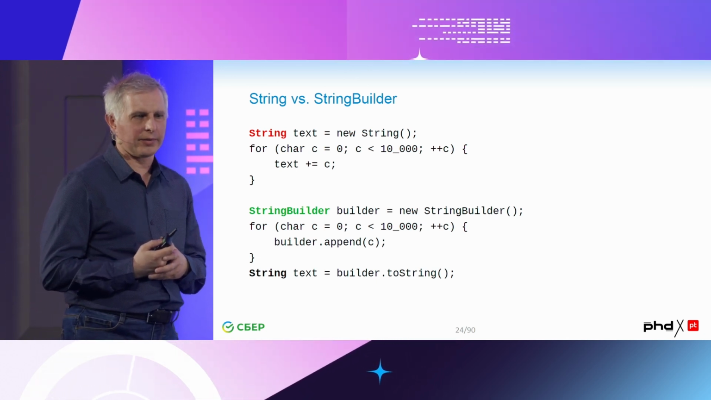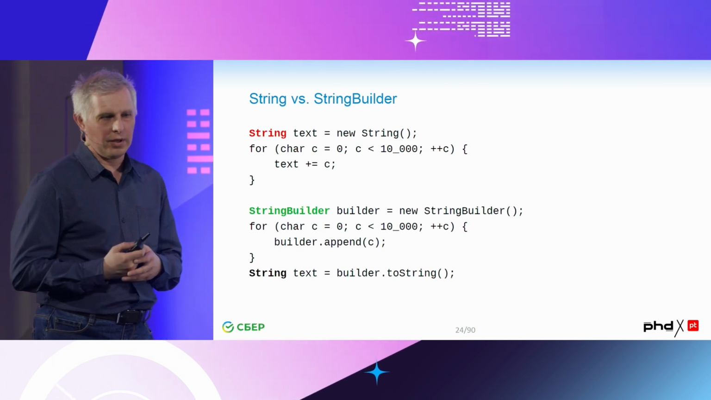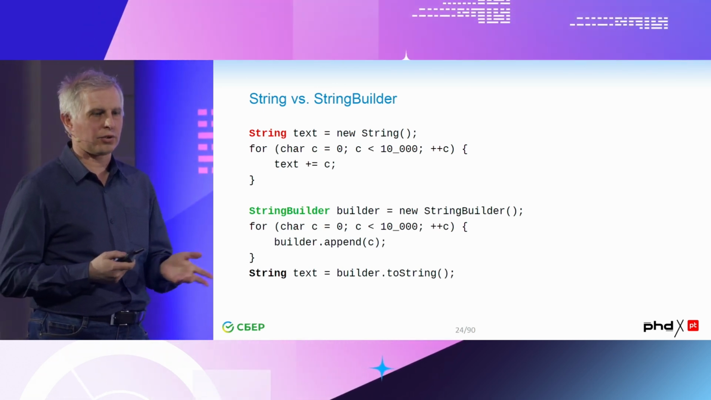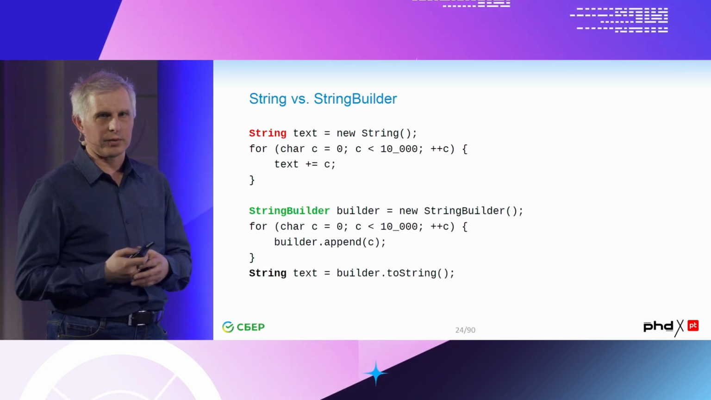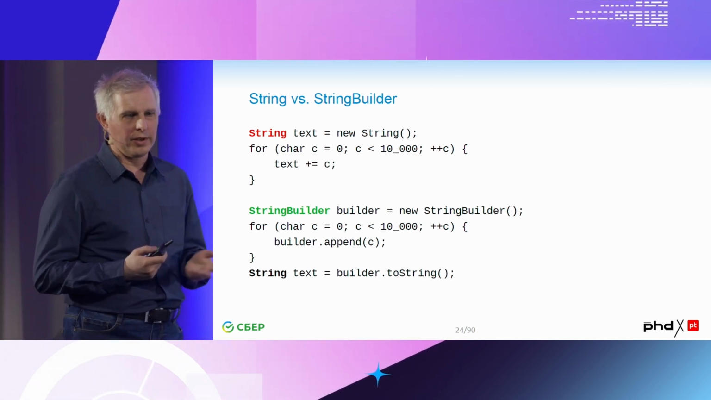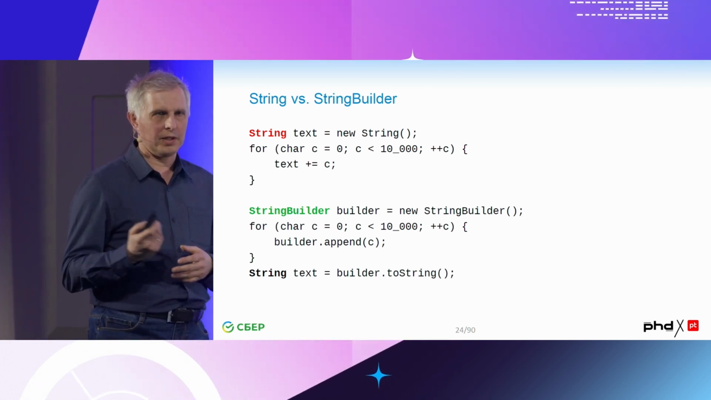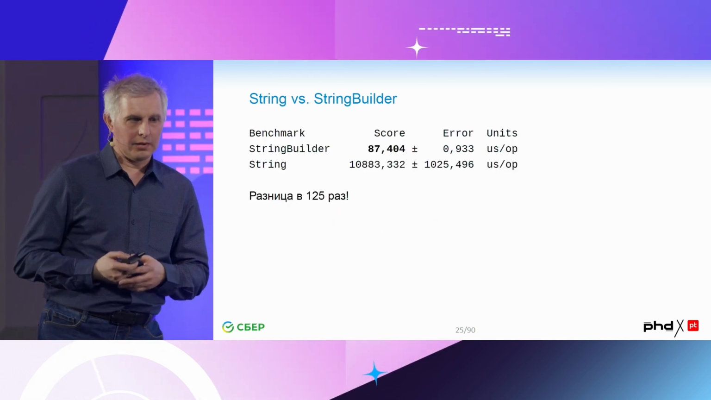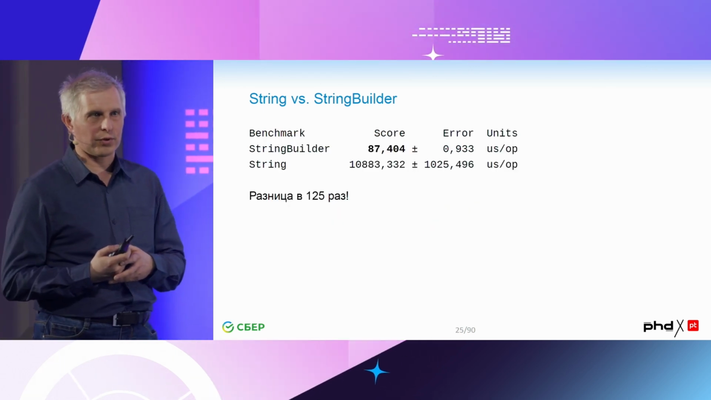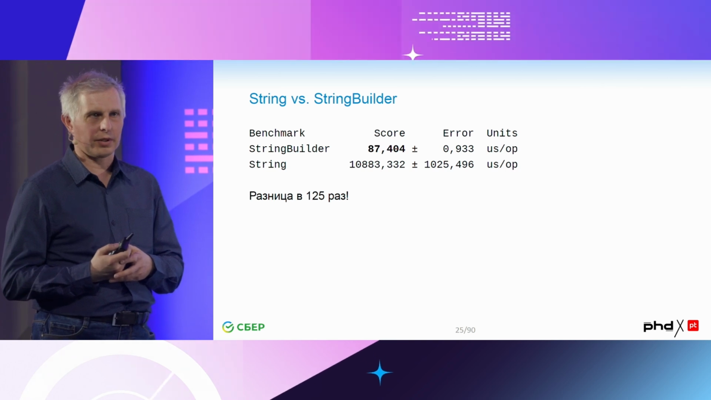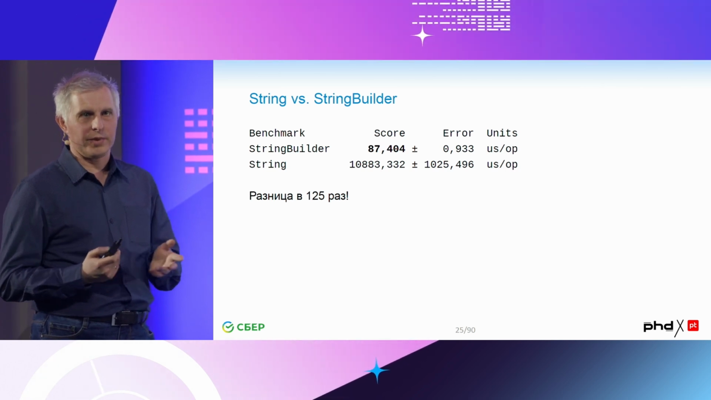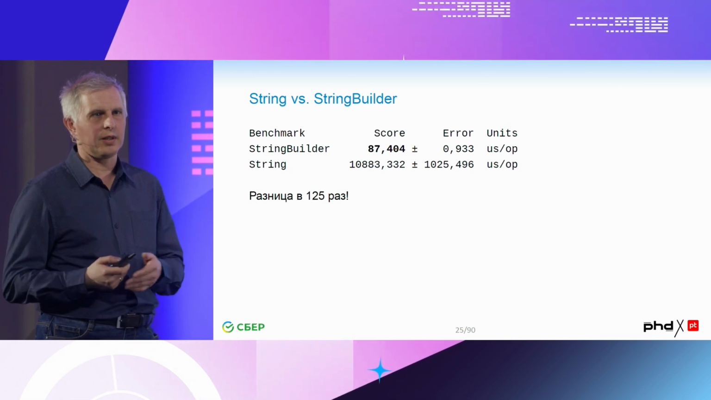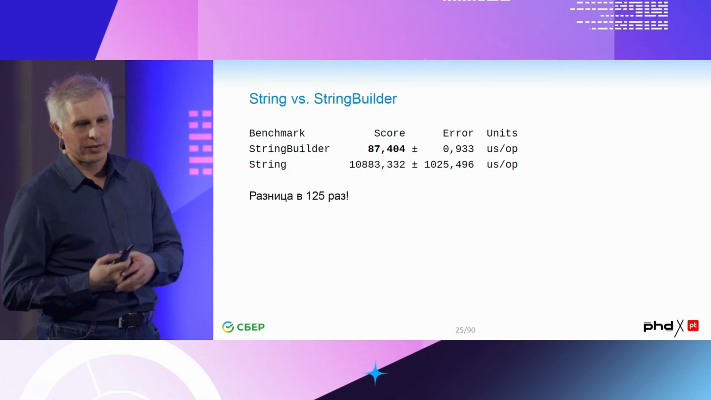Concatenation of strings. You shouldn't use it, but you should use StringBuilder. Everybody knows this. However, it's always interesting how much slower or faster it is. A simple code, we are adding a literal 10,000 times for this char, for this symbol. The difference is more than 100 times. StringBuilder works faster, because plus